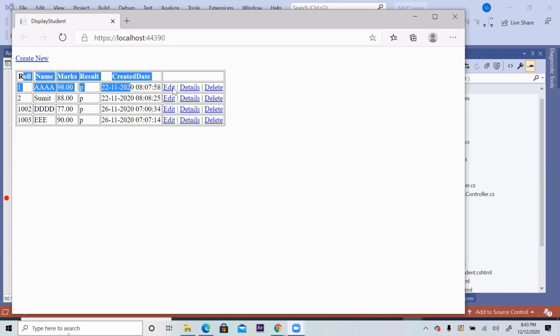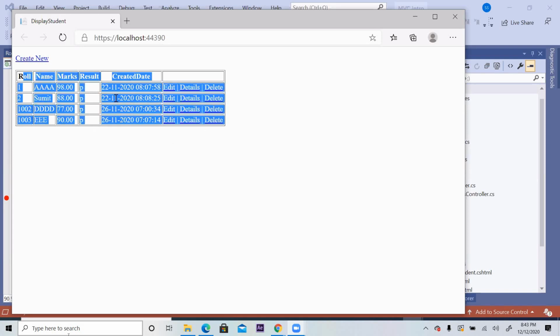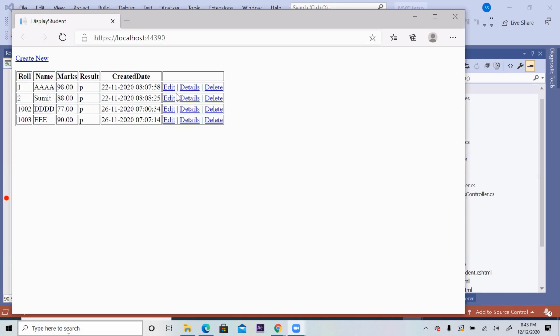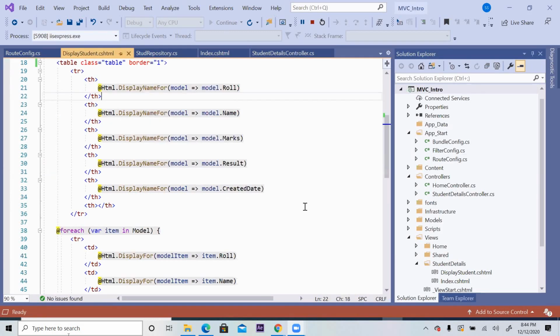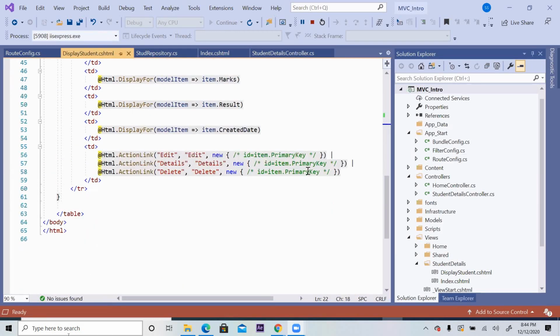Talking about the last part, edit, detail, delete, these are all hyperlinks, but they will not work now if I click. Why? Because those action plans we have commented, right? If you see the last part of the auto-generated view, it has commented. It doesn't know what you are going to do on click of that.